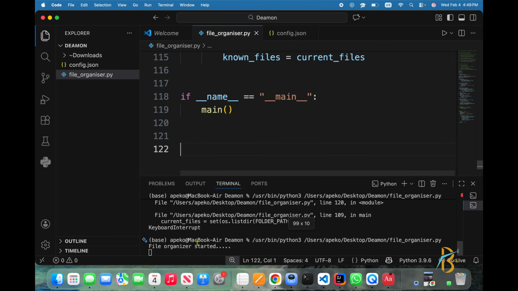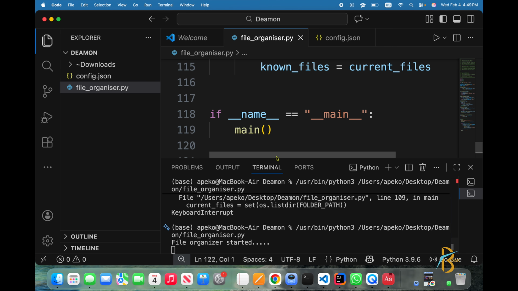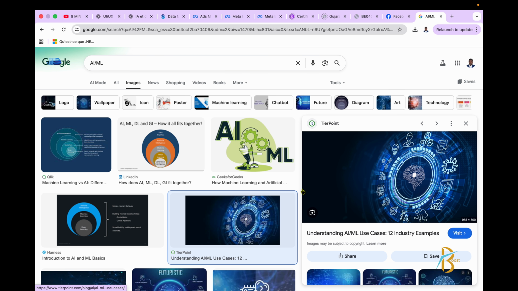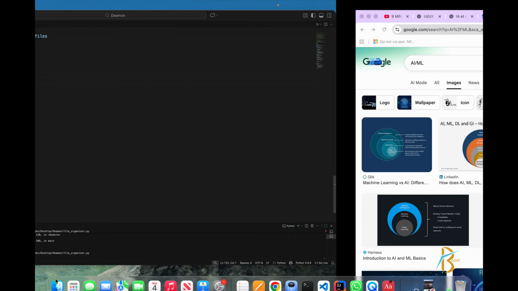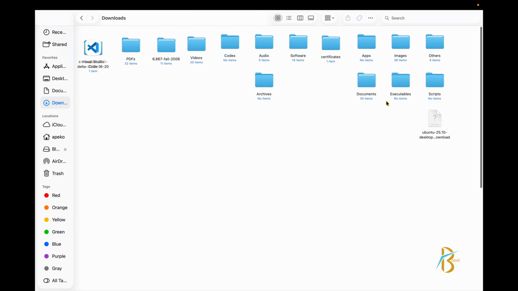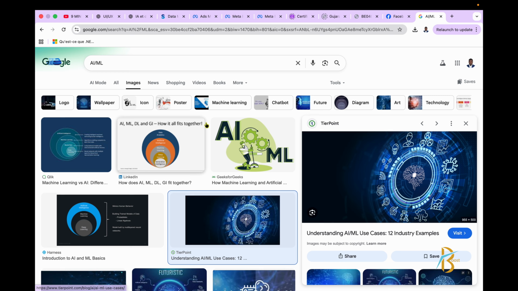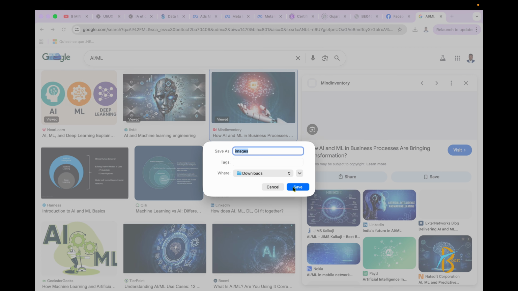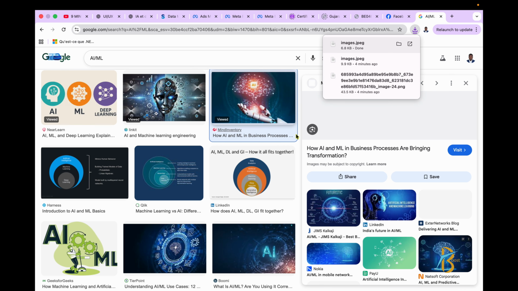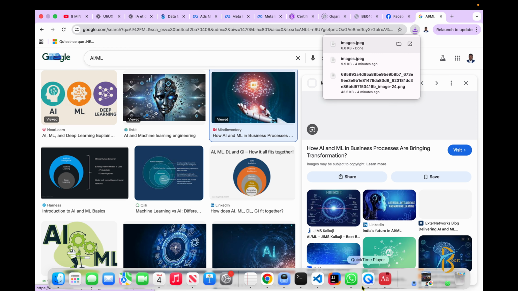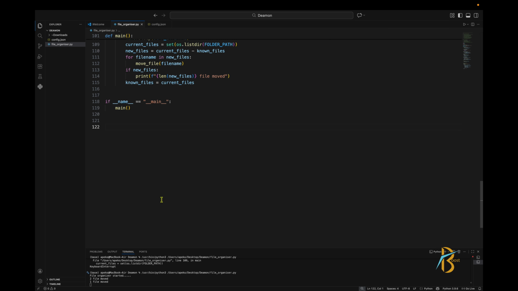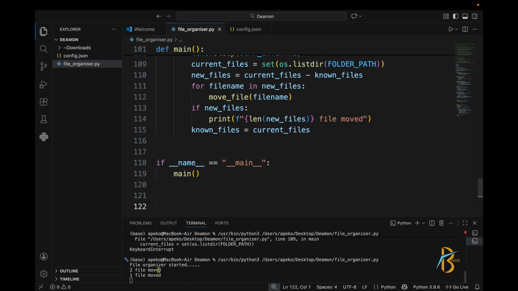Okay, you can see here file organizer started. So I will go back to my download. Okay, let's first go to my download. Here's my download directory. So let's go and download any image. Let me go for something like images. Yes, okay, it has been saved. So what I will do, let me go back to my code and see if everything is okay. Yeah, it said 2 files moved,